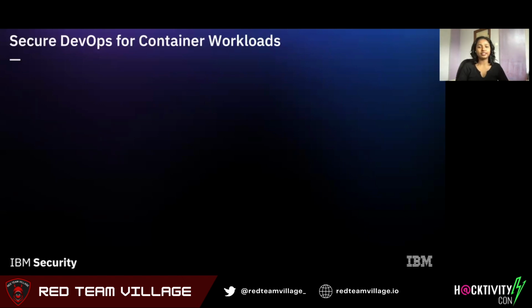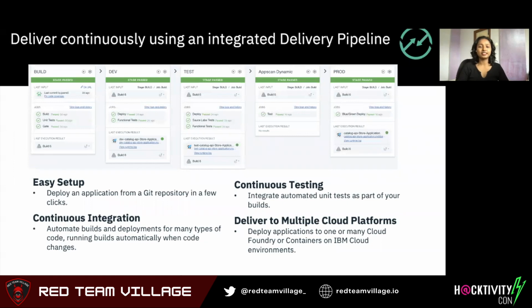And now getting into secure DevOps for container workloads. So this is a slide which is just going to show you how a typical DevOps pipeline looks like, right? It's a typical delivery pipeline where you have continuous integration and continuous testing in place. So you have build, dev, test, app scan, dynamic, and prod phases, and at each phase, that particular task